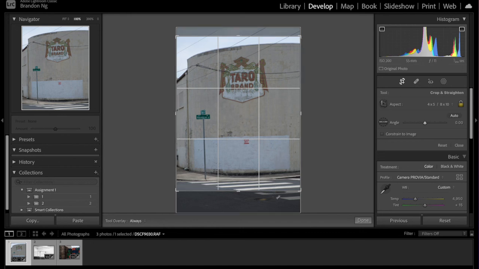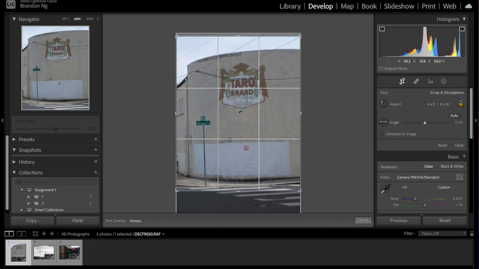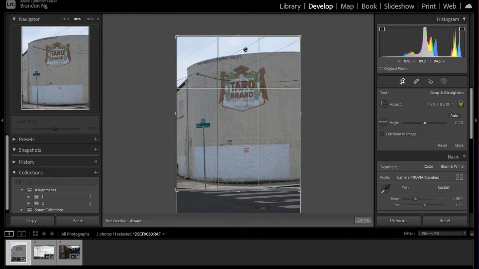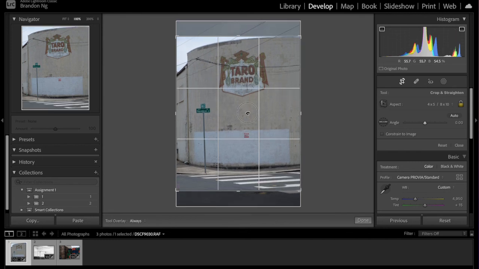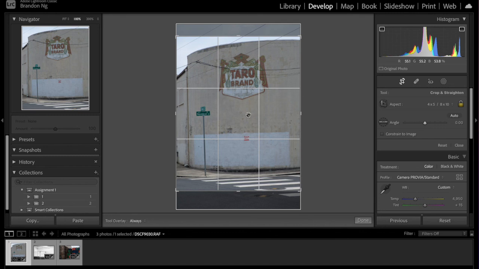So therefore, when you're out there in the field, you can mentally account for different things at the edges, right? So you can say, okay, I don't really care if I have these wires up here, or I have so much of this crosswalk, because I'm then going to crop it so that I can control the amount of distracting elements that are in my image. Okay,